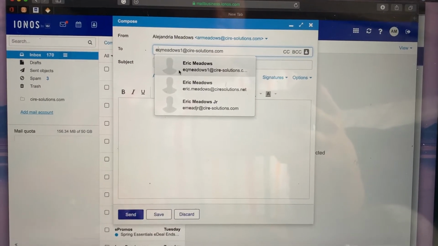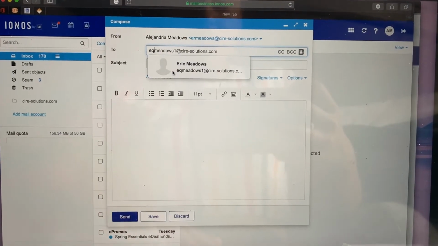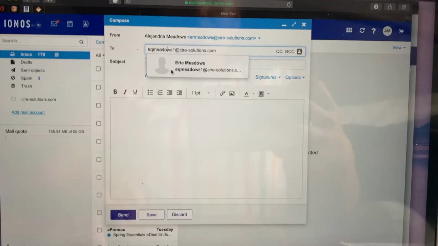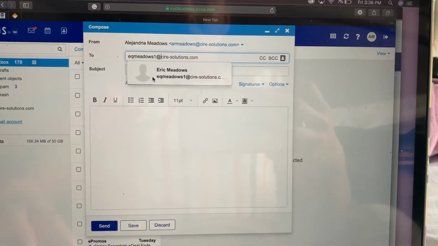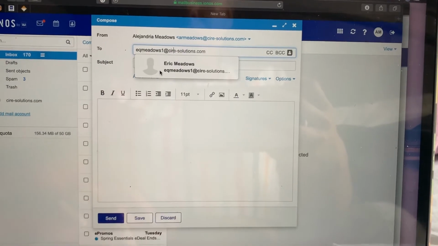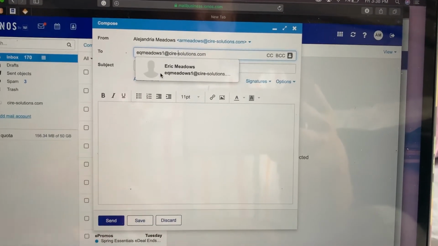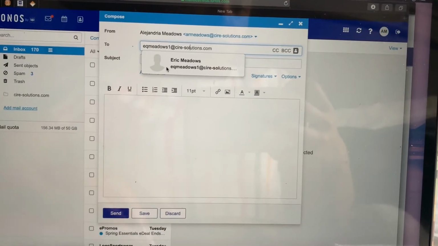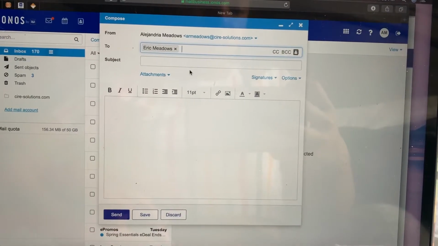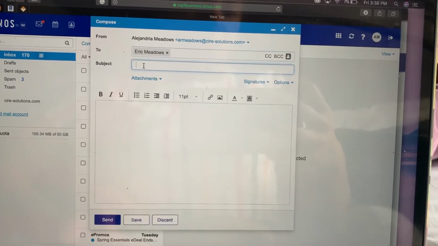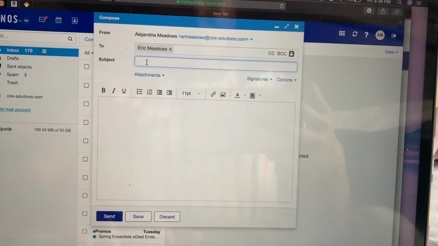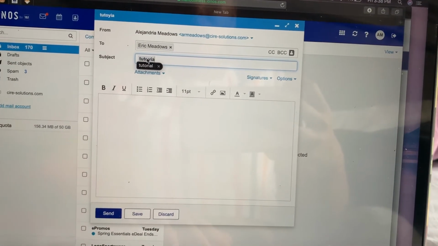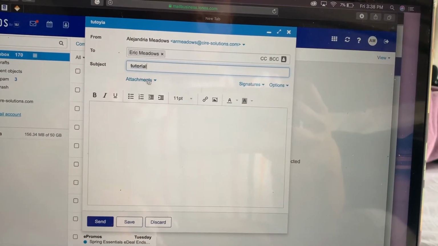So you go ahead and type in the name, and you always have to make sure you put the @. The whole email address is important. So you could type it in fully if it doesn't pop up, or you can just go ahead and click it. Okay, the subject, just to make it tutorial,